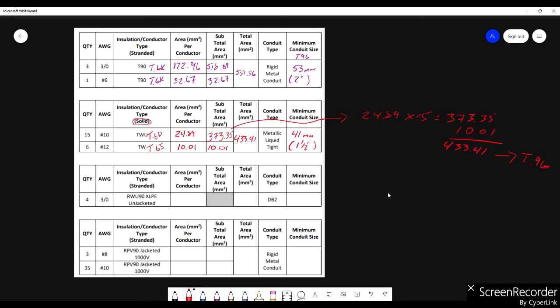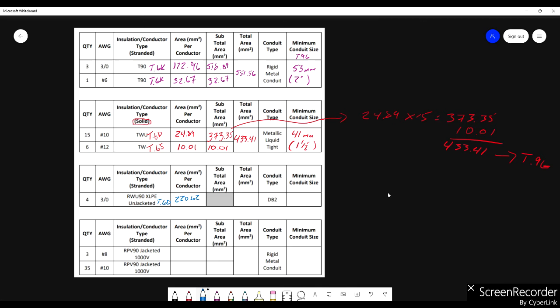Okay, two more. So next one, stranded conductor, RW90XLPE unjacketed. Right? Again, pay attention. You need to know, is it jacketed, non-jacketed? We have 4 3/0. It's going in DB2 ducting. So we are going to go to table 6D for this one. Let's do blue again. Table 6D. And you'll see that for 4 3/0, you have